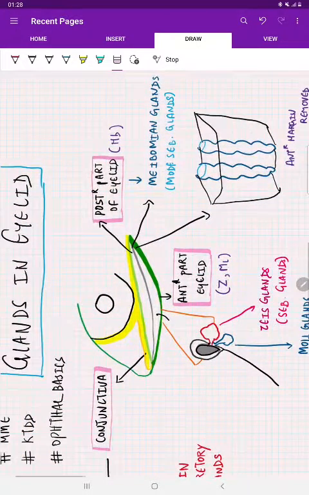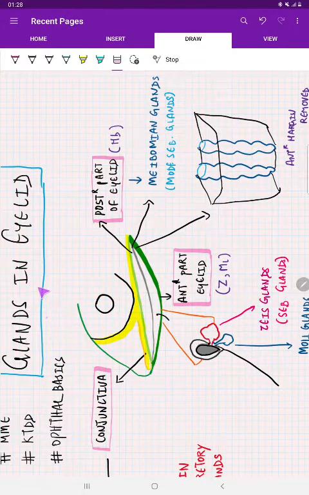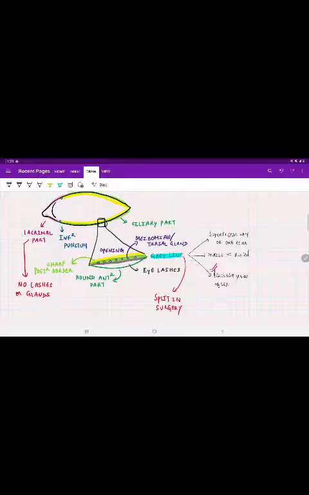Before we actually go into the topic proper of glands in eyelid, let us see the divisions of eyelid, which makes us remember the location of glands more easily. The punctum divides the eyelid into medial lacrimal and lateral ciliary parts. In the medial lacrimal part, there are no eyelashes or glands. In the lateral ciliary part, there are eyelashes and glands. That means we are going to discuss the glands in the eyelid from here, which are located here.